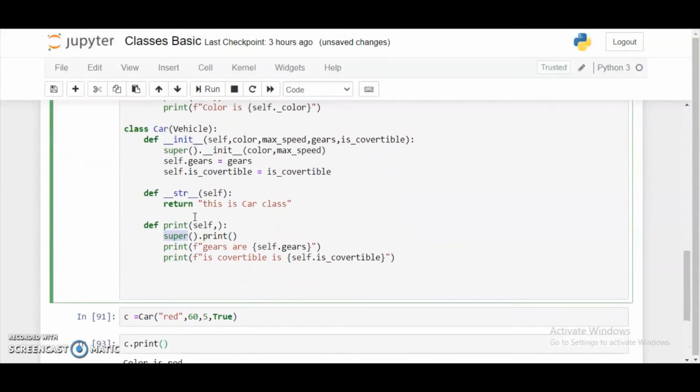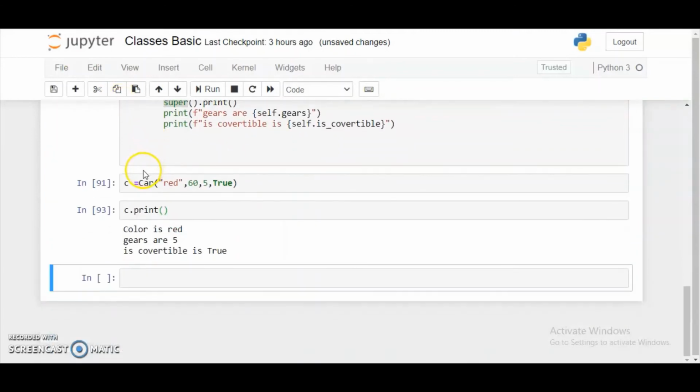Now the fourth pillar, that is polymorphism, we're going to look at that. So polymorphism means poly means many and morphism means form. So if a method in a class can be represented in many forms, then that particular method can be said to be showing the properties of polymorphism. So there are two things in polymorphism. One is overriding, and another one is overloading.